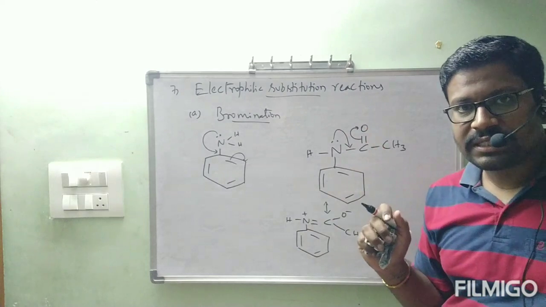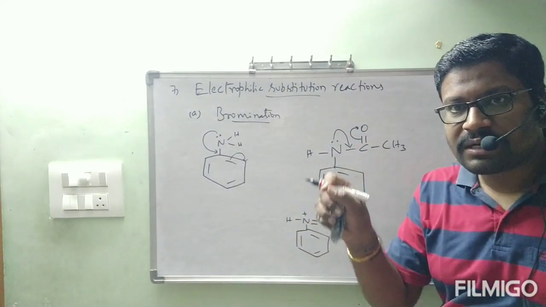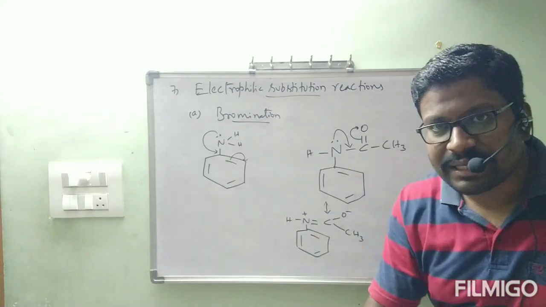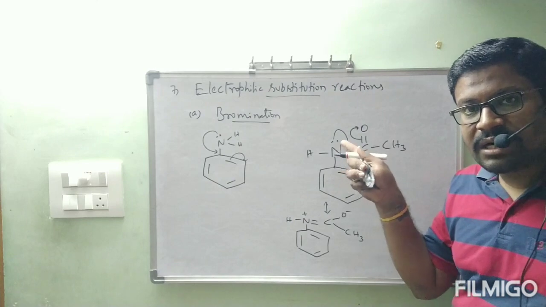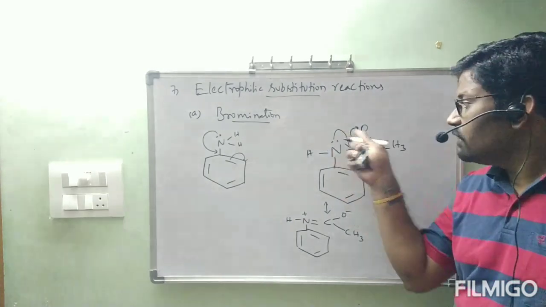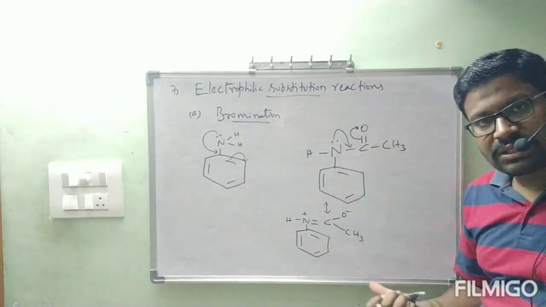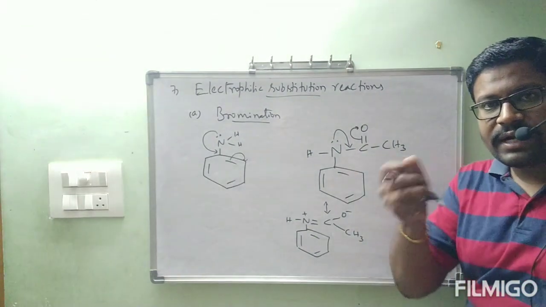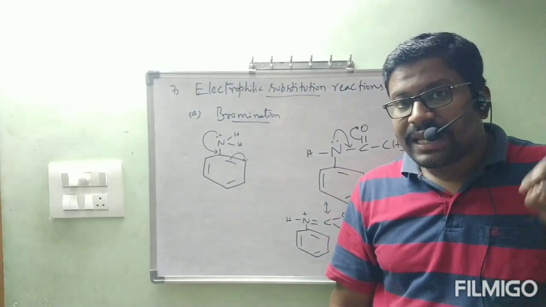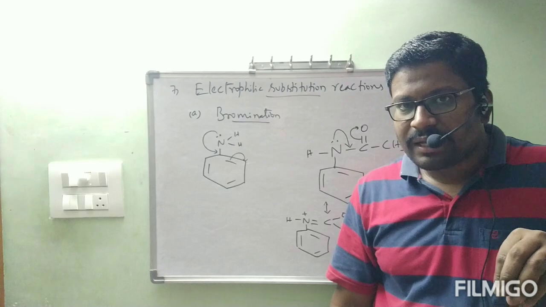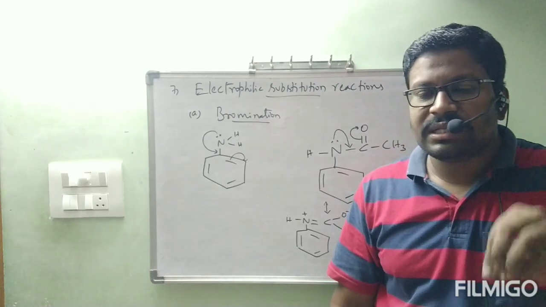Because of that, what is happening to that lone pair of electrons' activity? It is getting decreased. Okay, because this entire lone pair of electrons is not involved in the benzene ring every time, it is involved in the side chain also. So while you are writing the notes, these 2 resonance structures also you have to write, and we have to write one explanation, that is, the lone pair of electrons present on nitrogen in acetanilide. Okay, it is going to be involved in resonance structures with the COCH3 group.